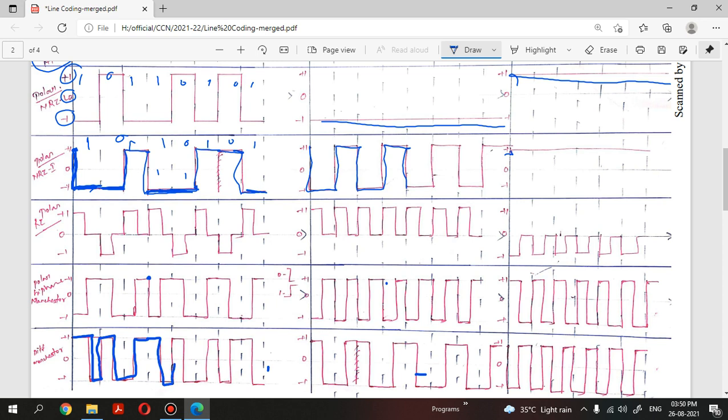For 0 I need to invert, so right now I am in negative, I need to migrate to positive, and the Z pattern is maintained, right? For 1 I need to maintain the same Z pattern voltage, right? For 0 I need to make an inversion, and then the Z pattern is maintained, and for 1 the Z pattern is maintained. This is how differential Manchester encoding mechanism is done, right?